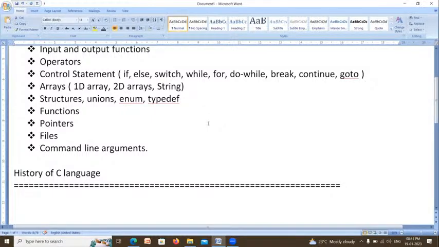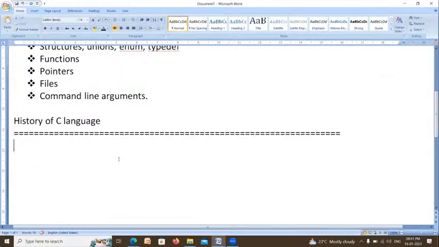One is low level language. Second is high level language. Third is middle level language. Actually, C is a middle level language and it is also called a high level language. I will explain the history, then you can be very clear about that.